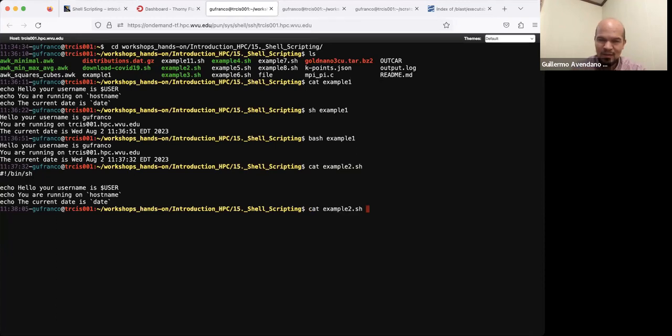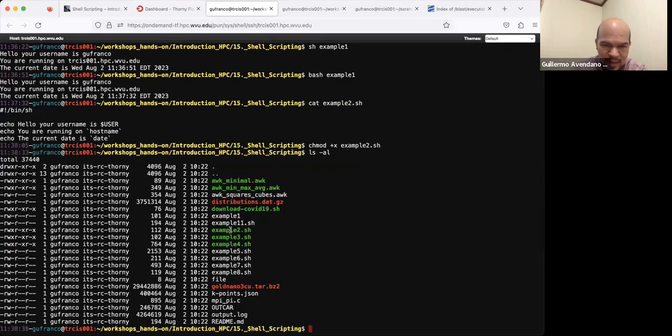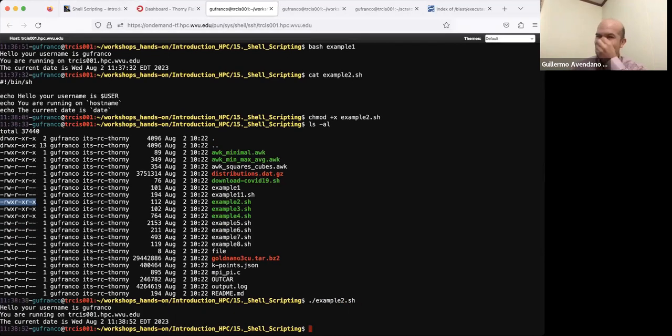And at that moment, if you do something like this, you change the permissions for that file, here, you will see in the list of permissions that has an X. That X means it is executable. So you can execute this. And at that moment, you can execute this like this. So you don't have to put bash in front of it. You just